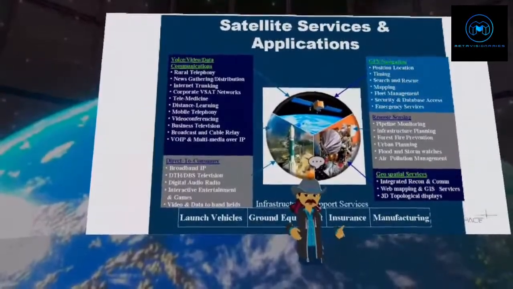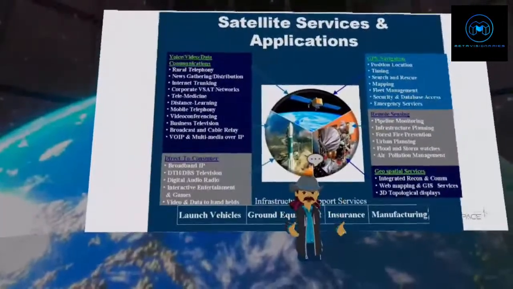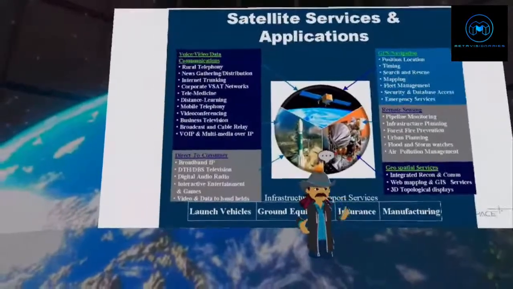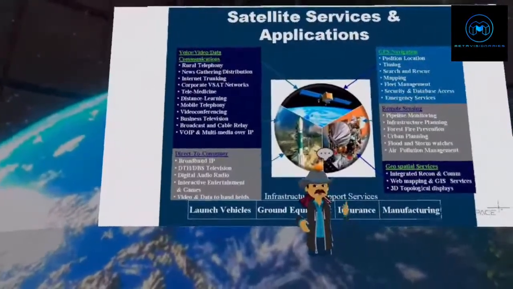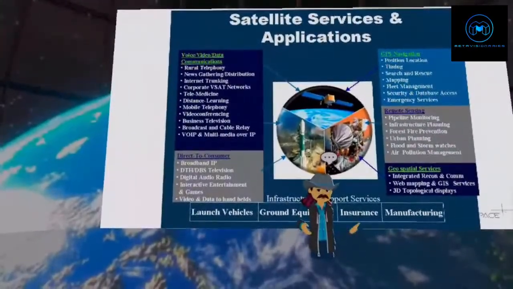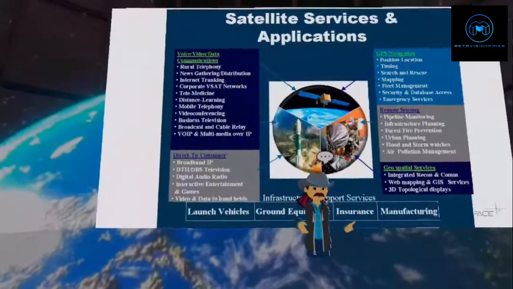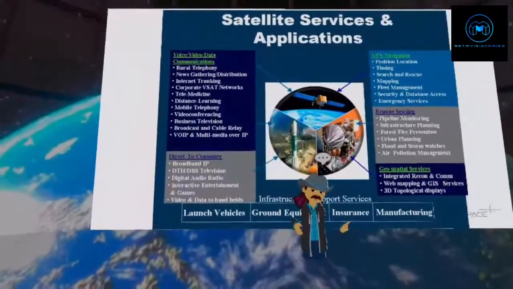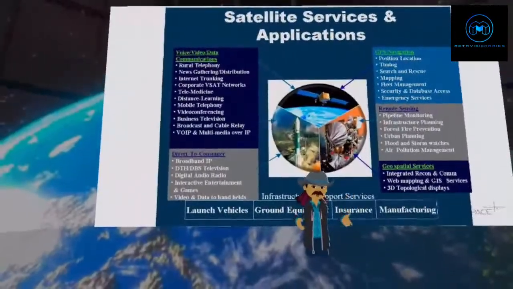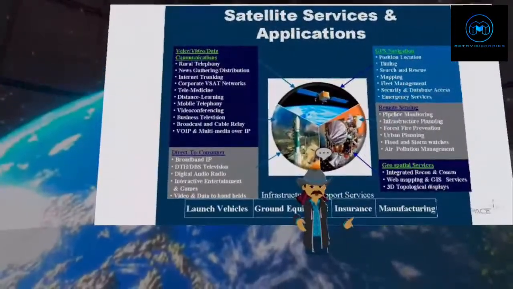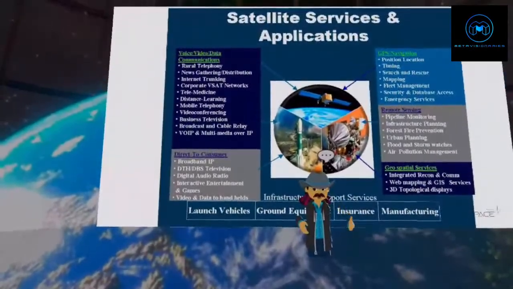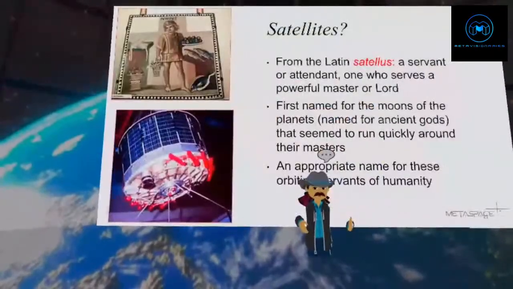And notice at the bottom, all of the support services, the infrastructure. People in space love launch vehicles. We love to watch our launch vehicles fly. But the satellite launch vehicles are a tiny part of the world's space industry, and they really exist primarily to support the commercial world of satellite applications. All the business of space insurance, launch insurance, the manufacturing, training, ground equipment, all of these things really are part of the commercial space world, and that's satellite applications.